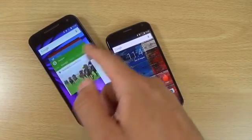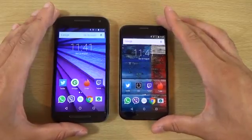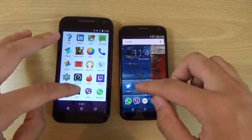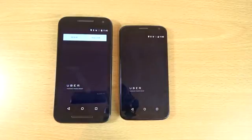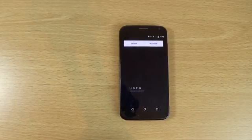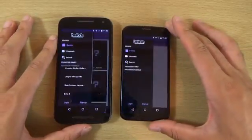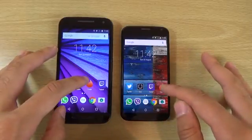So we can just get rid of everything here and let's start them both up with a bit of Twitter. And we do have Uber. See, this is getting a bit grimy. So you see that was very quick there on the Moto G. No use me saying Moto when both of them are made by Motorola, but quite quick there on the Moto X with Twitch,